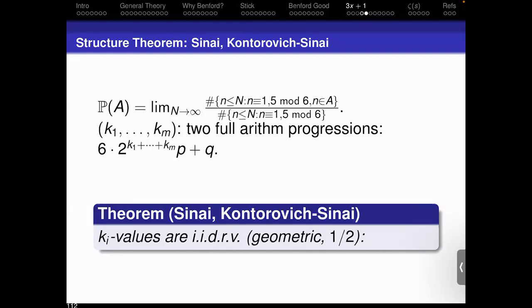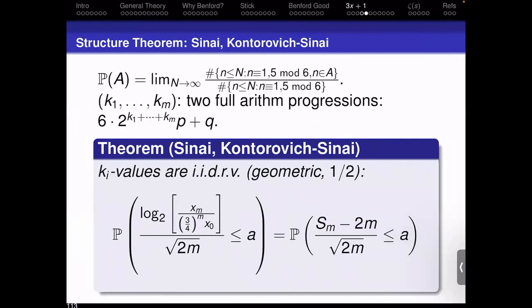In particular, if we want to look at the set of numbers who have a given m path to start, it's actually 2 full arithmetic progressions. And so we have a wonderful structure of, if you tell me I want to initially remove 5 powers of 2, then 3, then 7, then 8, then 2, then 1, I know exactly what my numbers like that are going to look like. It's a really nice arithmetic progression.